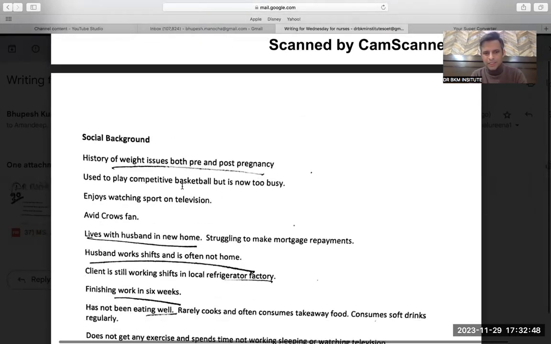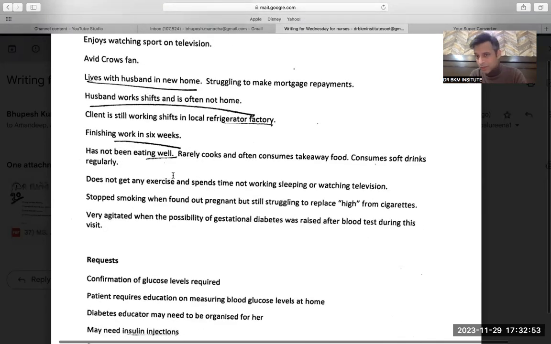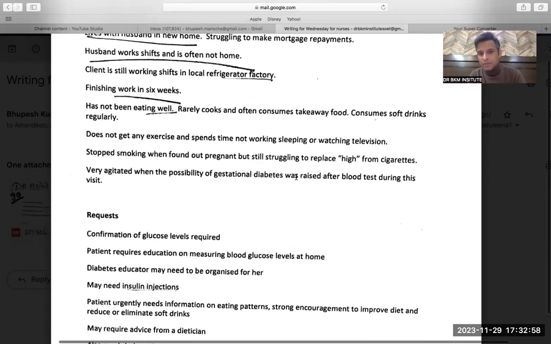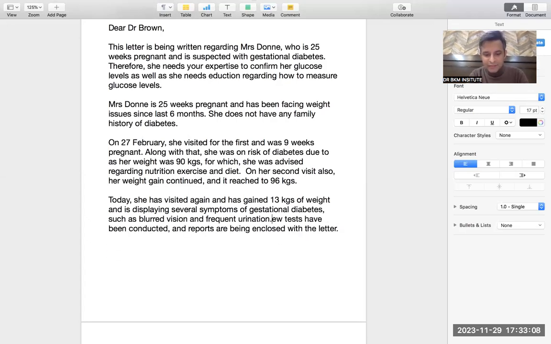Social background, post pregnancy, enjoying TV, living with husband, client is working, finishing. We are not talking about a diabetes specialist, so we cannot mention all the points. Struggling, agitated due to the possibility that was raised after the blood test. Now I have to write this line here only, because the patient, after knowing there is a possibility, became agitated. So I need to tell the doctor that she got agitated, and reports are being enclosed with the letter, after telling her about